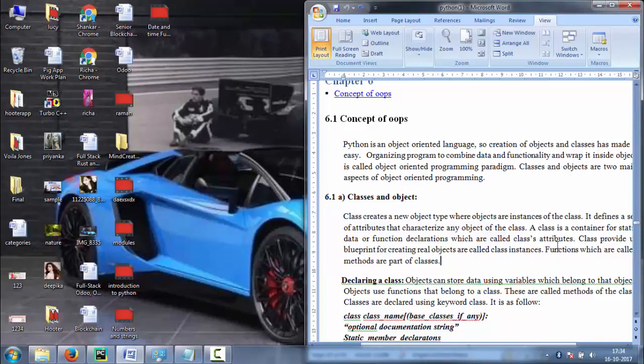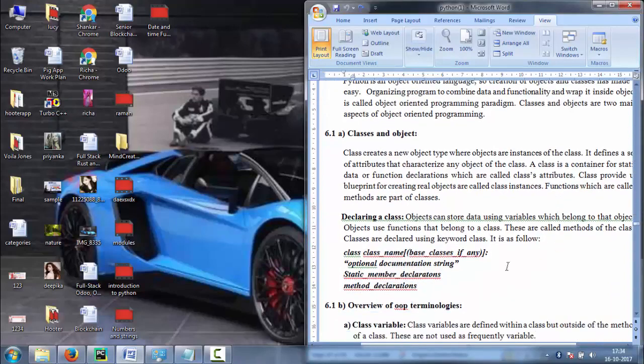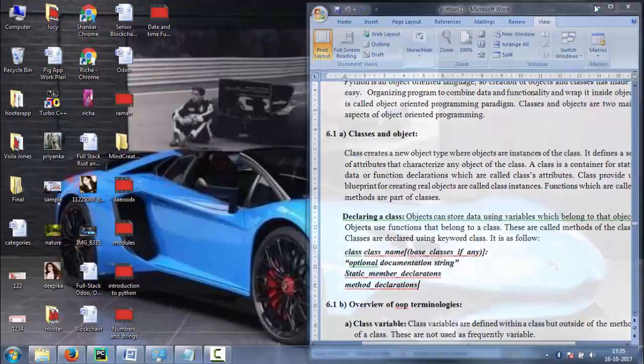Here is the syntax of a class. In the beginning of the syntax we use the class keyword, and after that we give the class name, and after that the parentheses, and this is the body of the class, and this is an optional documentation section. And now we declare the static member declaration or method declaration. After the syntax of this class, now we will move to